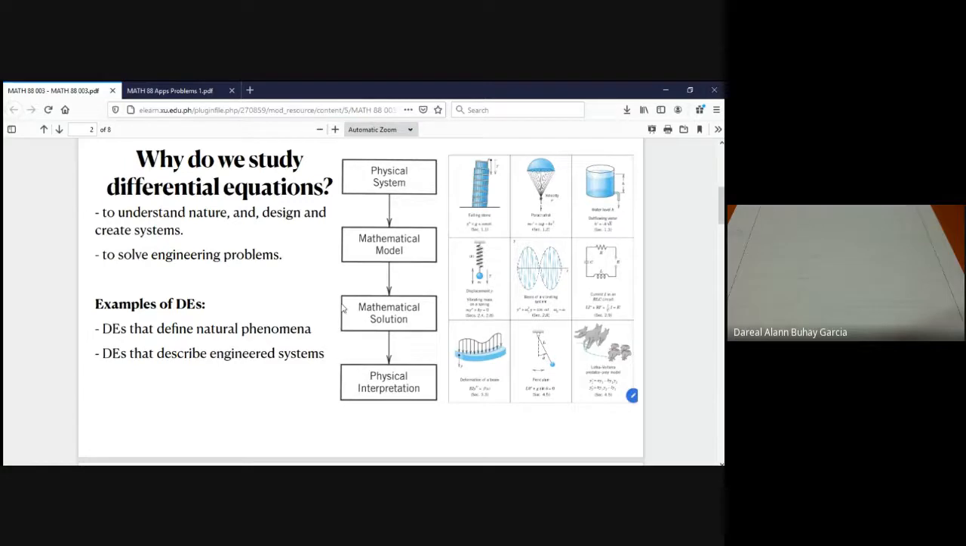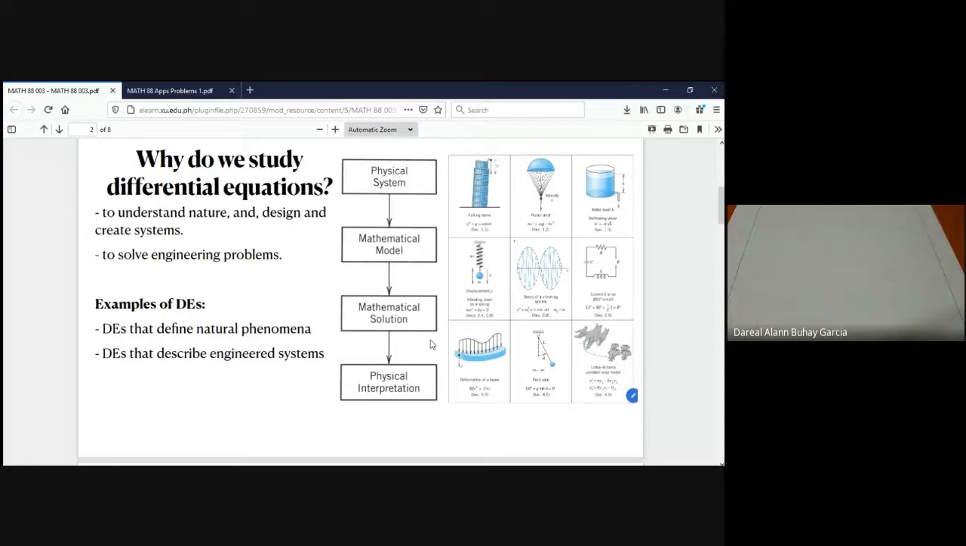And whatever the solution may be, we can feed it back towards nature or towards the engineered system as a physical interpretation. Okay? So for first order, we have some applications. I think there are four of them here. We have numerous applications for first order, but we'll only focus on some. Some common